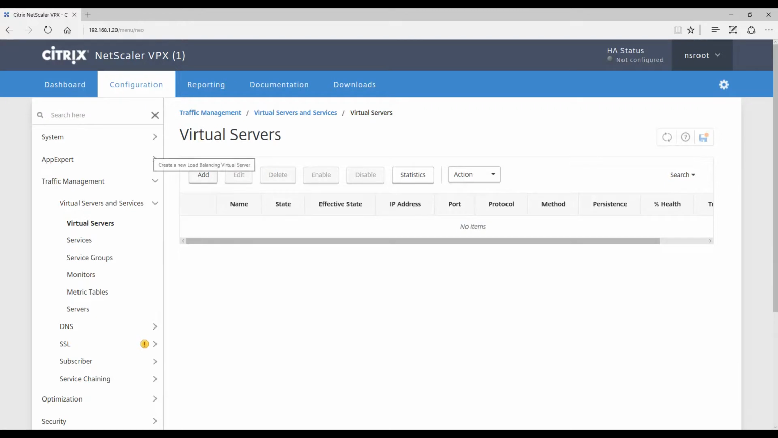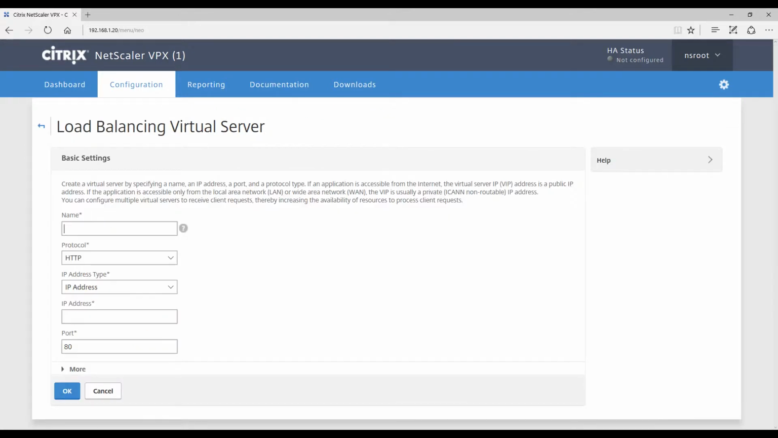So this front end is going to be the portal that leads to your back-end web servers that are hosting actually the same application, but multiple servers that are load balancing that application. So in order to do that, you'll click the Add button. You'll type in